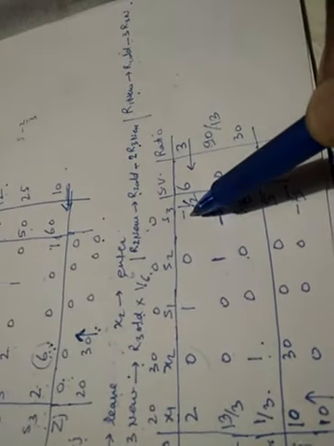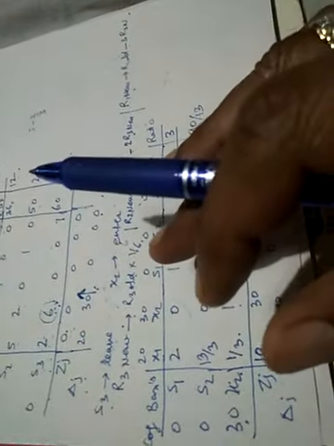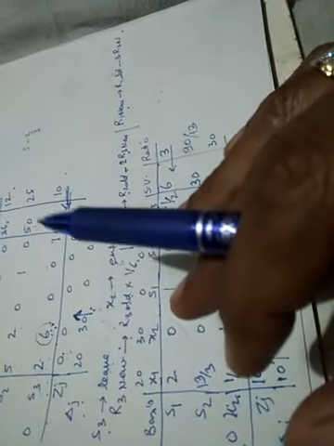And I suggest you to check these values. If there is any calculation mistake in my solution, then I expect, though I try my best to do the exact calculation, but still if you find any discrepancy from your calculation, you may let me know. But the answer is correct, because I have checked the answer from where I took the question. But still, this is my suggestion, because you are supposed to do your calculation.